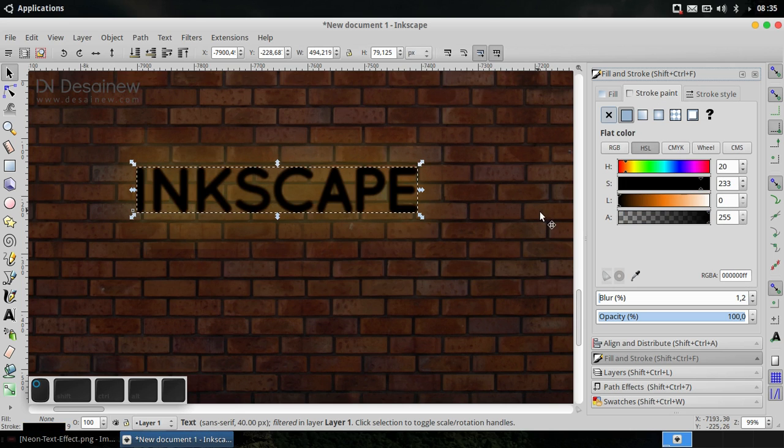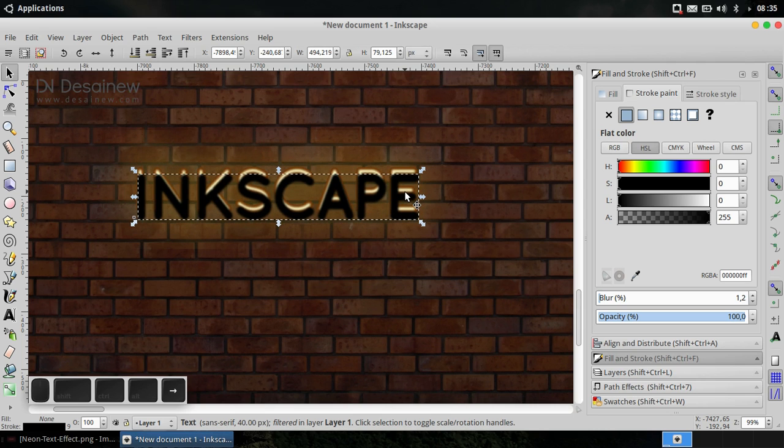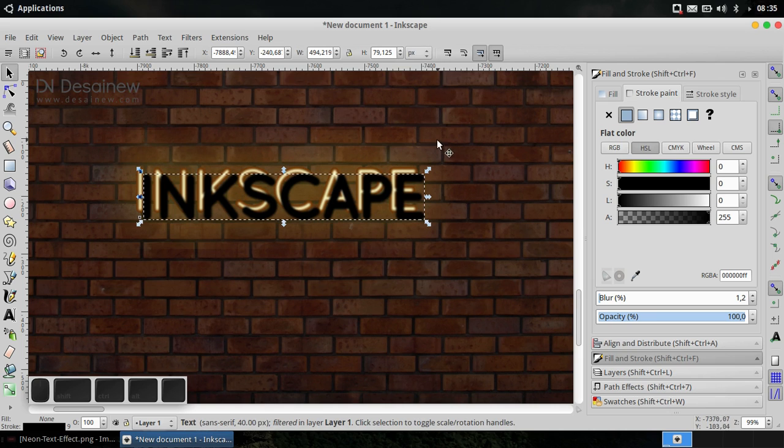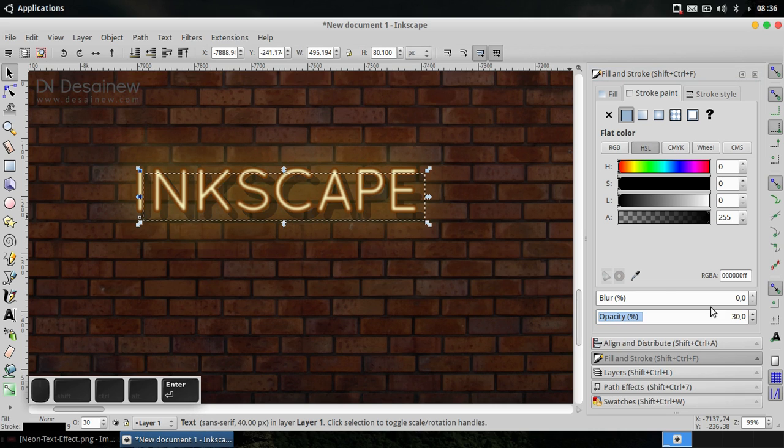Give a black color and then move it with the arrow keys on the keyboard. Oh yeah, blur is 0, and click lower selection one step and click again. Okay. Opacity, fill in number 30 or 40.